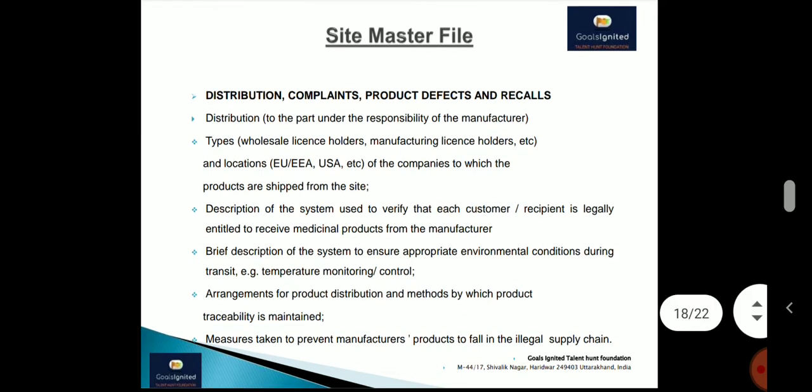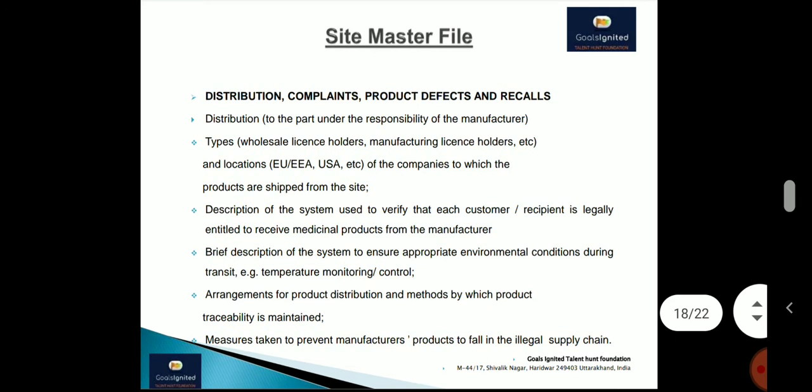Every procedure you have as part of the SOPs, you are required to select the main contents of these SOPs and put them in the site master file. These policies are taken as a reference for the site master file, which is duly acknowledged by the top management and the owner of the company, that these are the fundamental policies we are following, and we are working and supplying medicines to the market for human use. So this is the main requirement for the site master file.